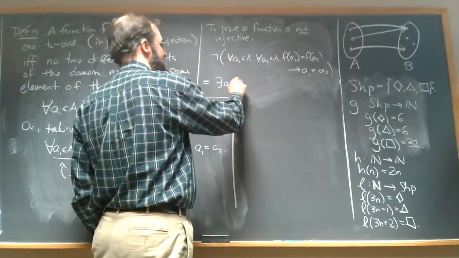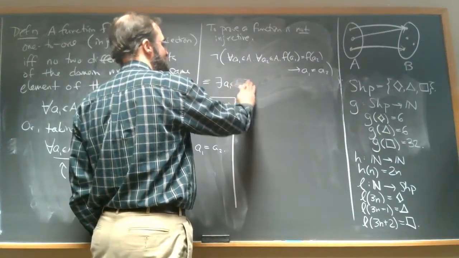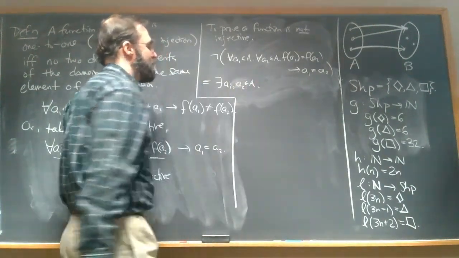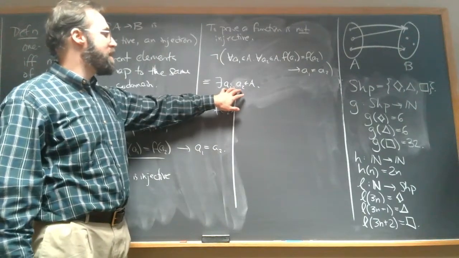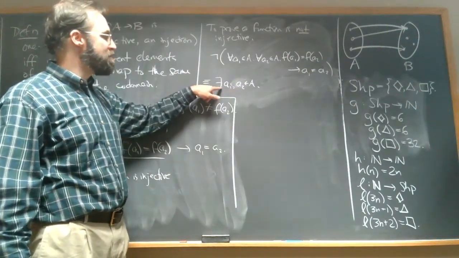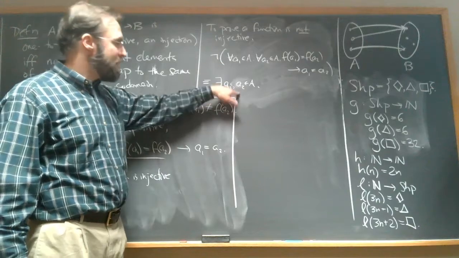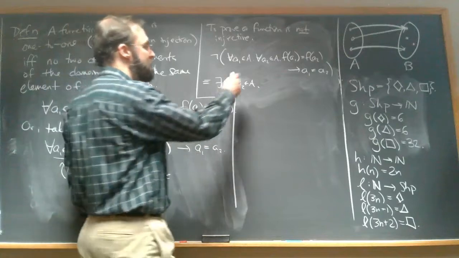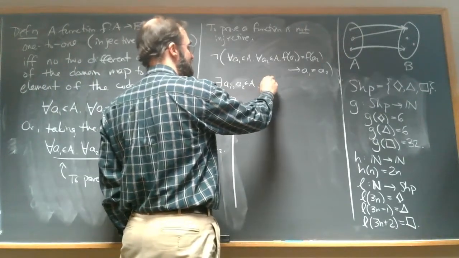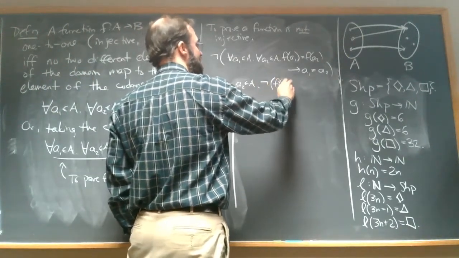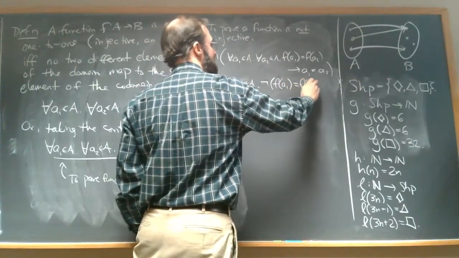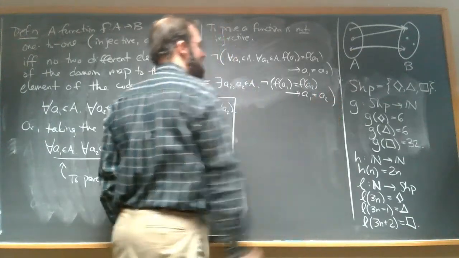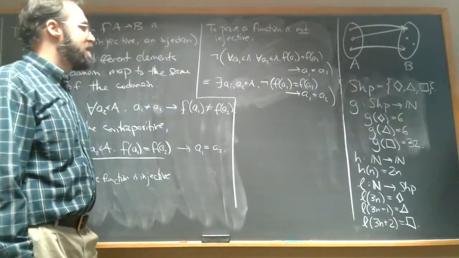in A. And you know what? Just to abbreviate, I'm going to write it like this, where I just write them both A1 and A2. And this really just is an abbreviation for there exists A1 and there exists A2. I just combine them both, just to save a little space. Not f A1 equals f A2 implies A1 equals A2. Okay, and this is equivalent to,